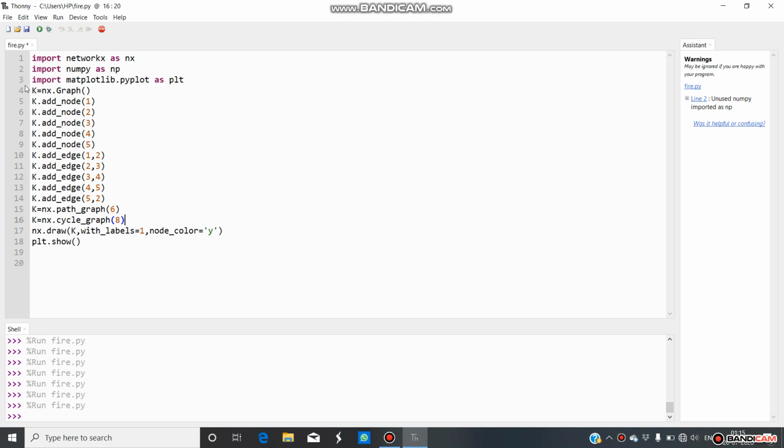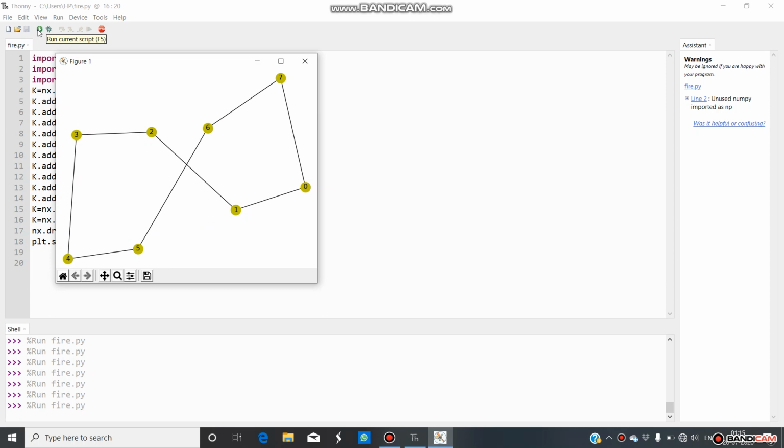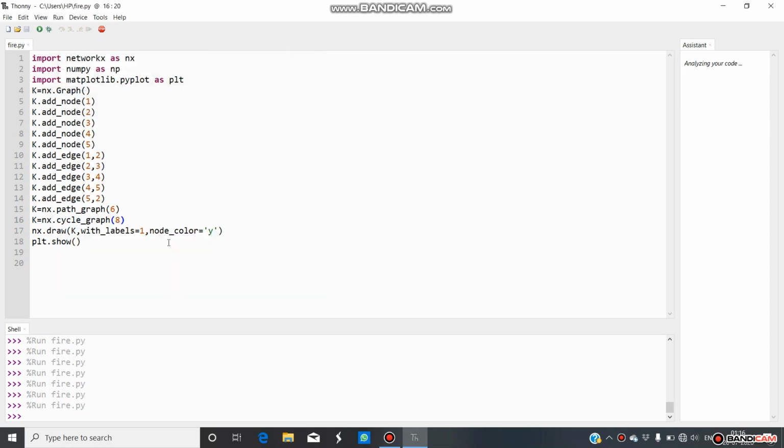Now we will run it. Here we can see a cycle of a graph, and we can call it a cyclic graph, a closed loop.